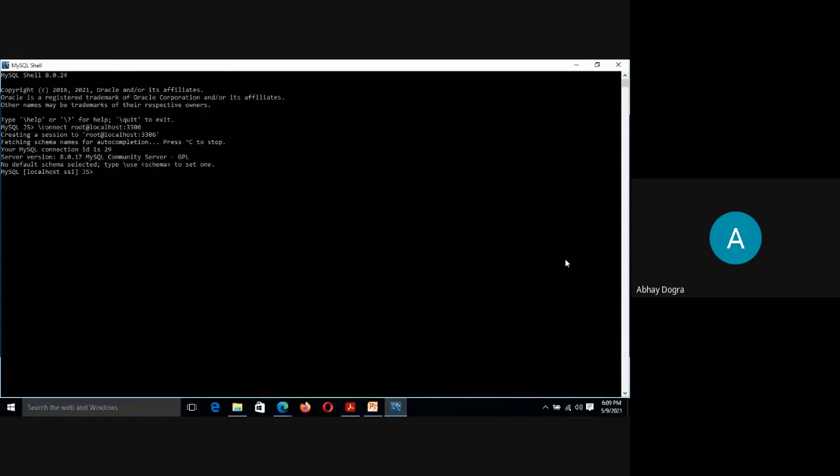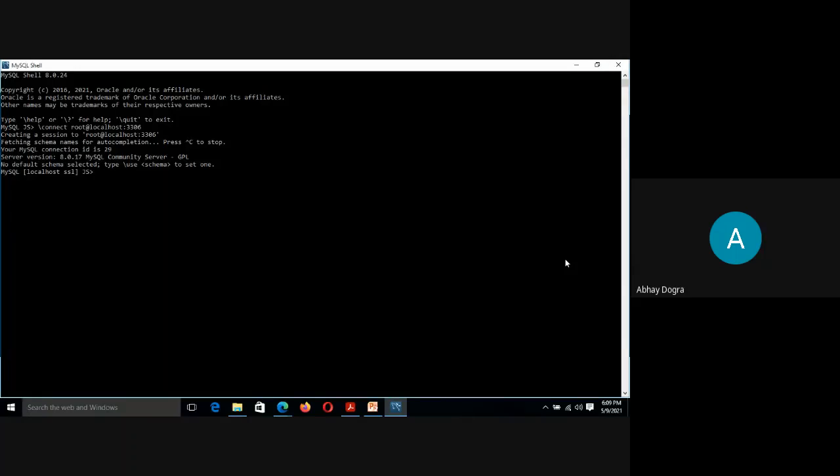Press enter and it will start a session, but you can see that the prompt has not changed to MySQL or SQL. The only change you can see here is localhost SSL. To run the MySQL commands here, we need to change the prompt.